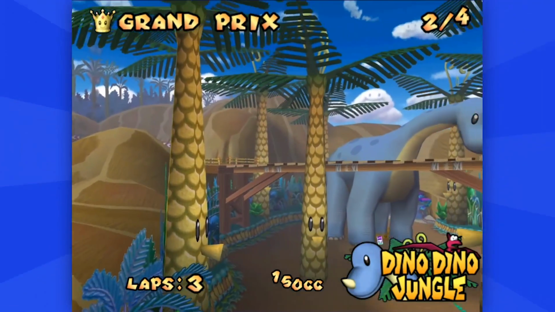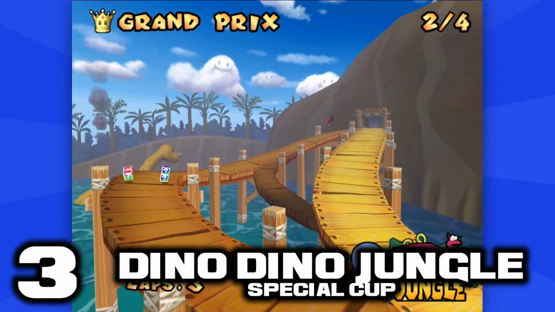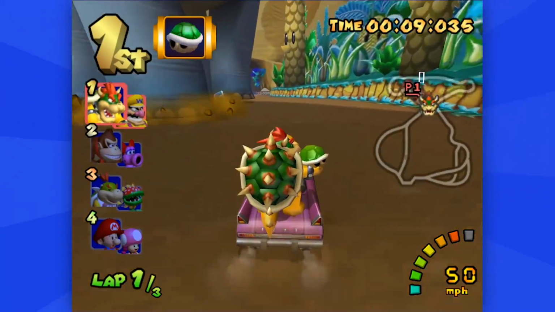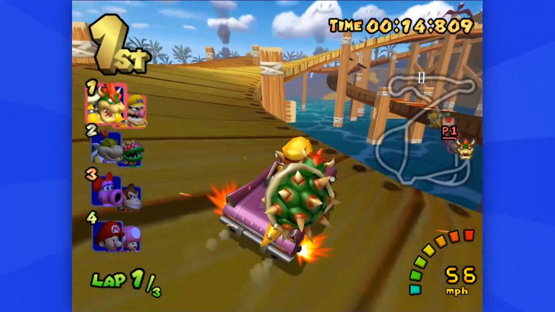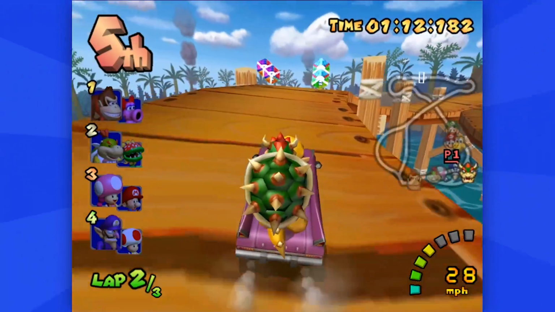Not so far from that big volcano we saw in DK Mountain lies Dino Jungle, a very scary jungle featuring a really big dinosaur ready to step on you like I stepped on that Lego brick last night. Ouch. This track contains wooden bridges you have to drive on, and those bridges have multiple paths you can take,